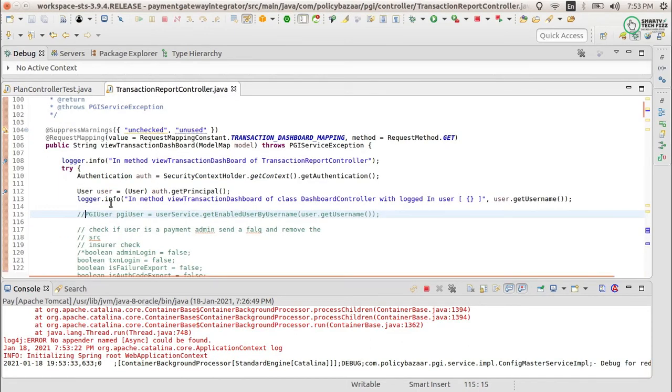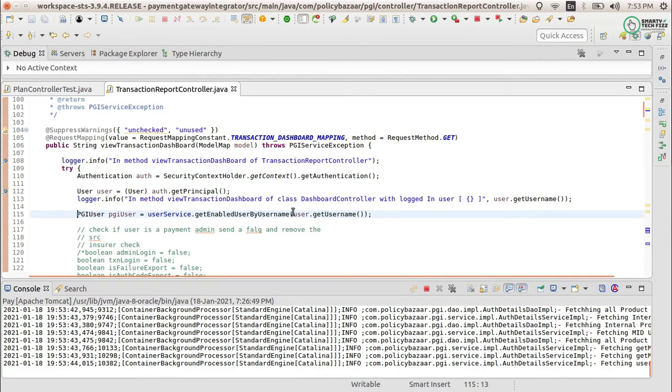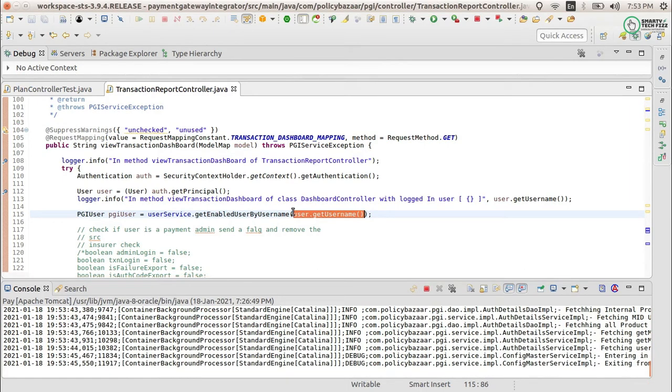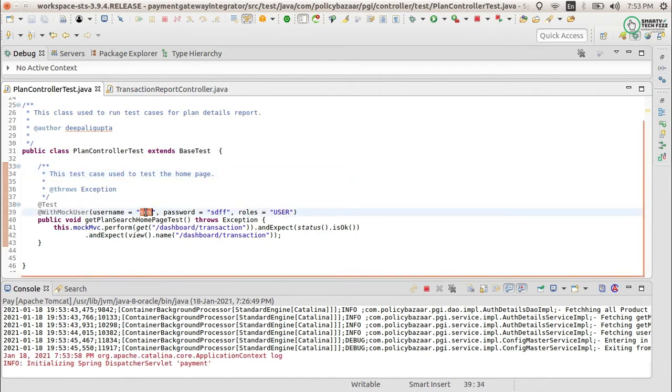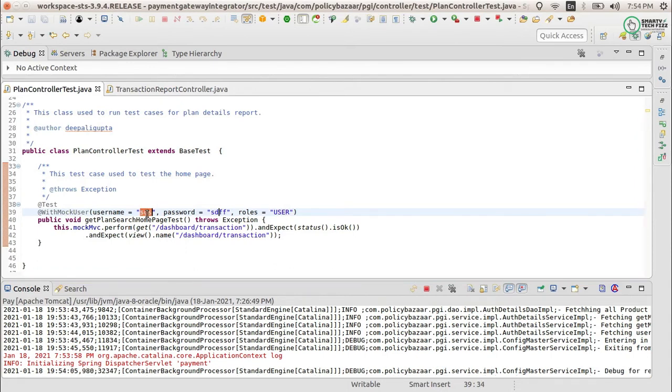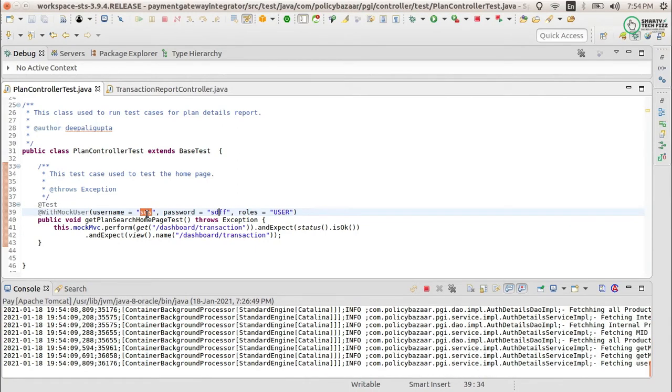But here, as I have commented this line, if I uncomment it, as you can see, this line is taking the user and checking in our database, for a particular reason. I will not go into the reason, but here I am getting the user, and I want to search it in my database. If you have such a use case, then your username, not the password but the username, should be present in your system, then only you can perform the case. That is actually obvious, because we are checking the username, and that username should be present.